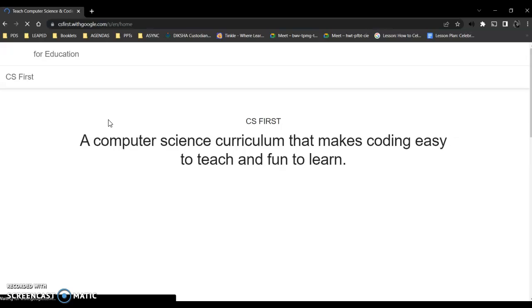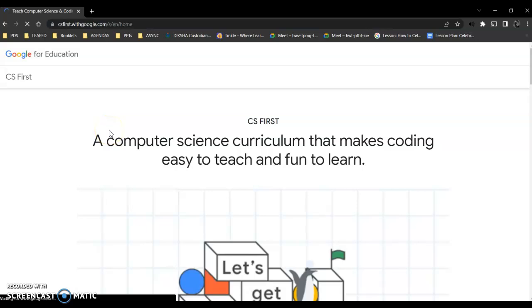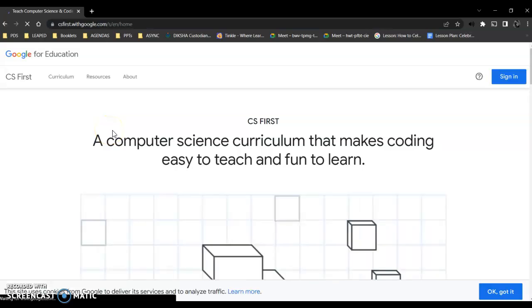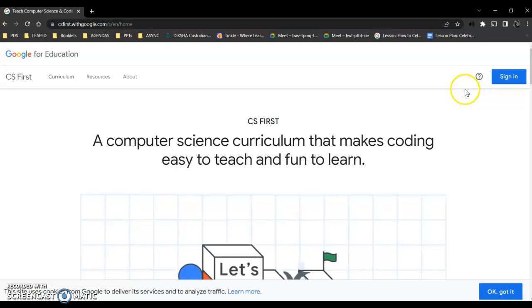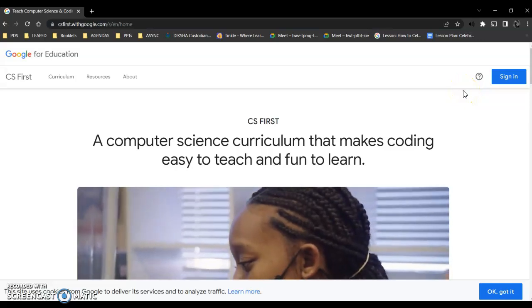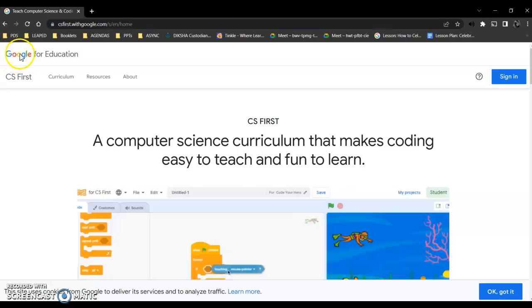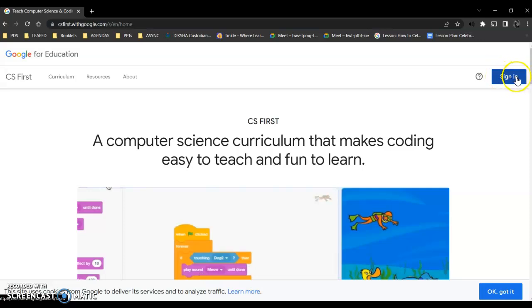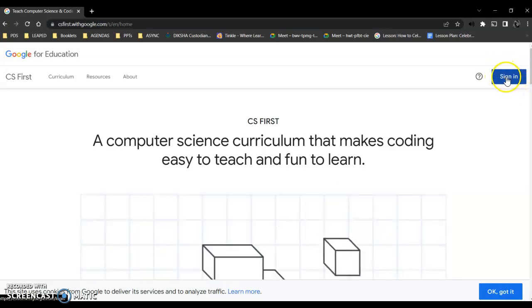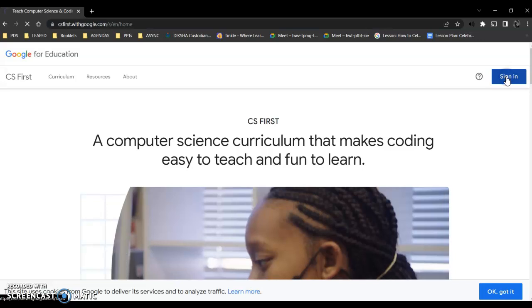This is how your CS First website looks like. Top left corner you will see Google for Education, and on your top right corner you will see sign in option in blue color. Now when you click on sign in,